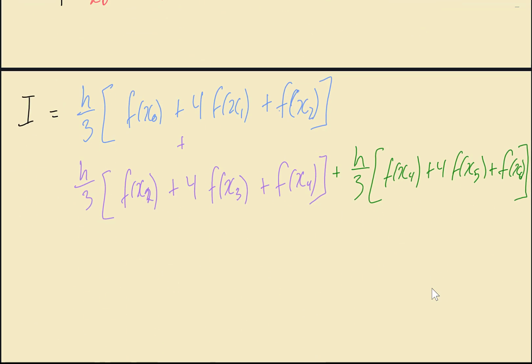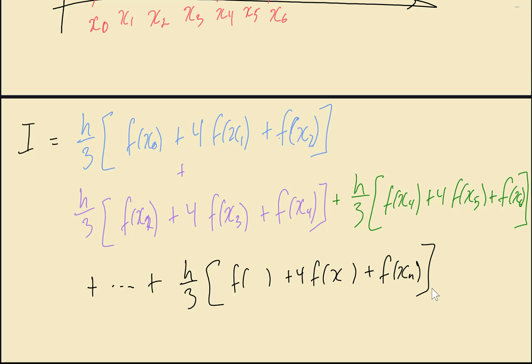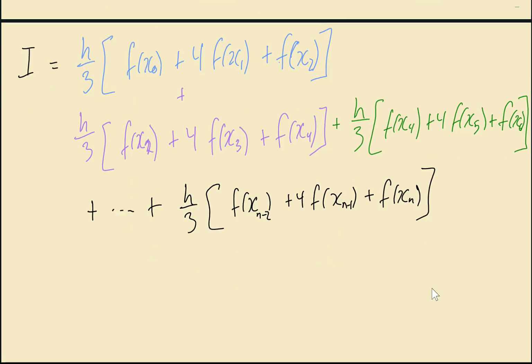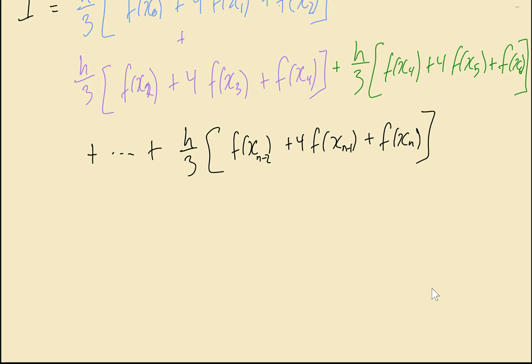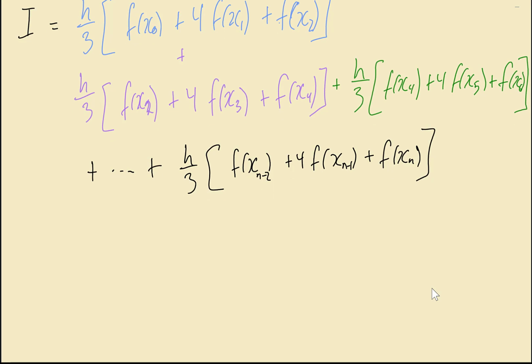And in general, just to complete this expression here, plus h over 3 f of x, plus 4 times f of x, plus f of x n. So if the last point is n, then the one before it will be n minus 1, and the one before it will be n minus 2. Taking all this expression and summarizing it using the odd and even values, what we get is